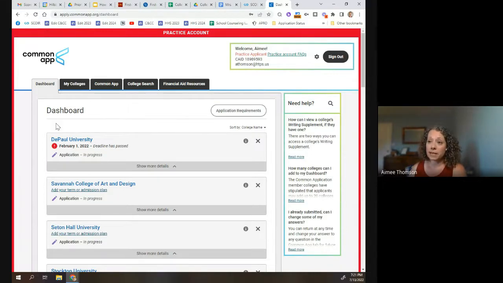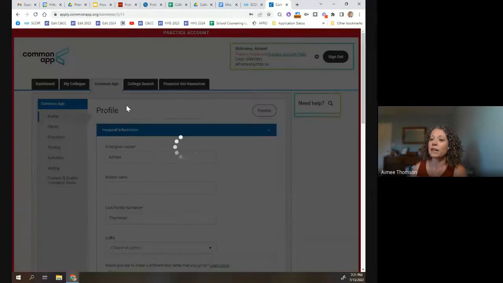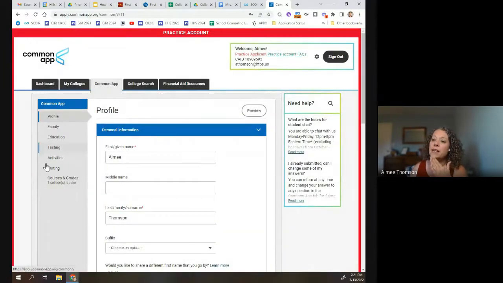So when you guys come in here, you're going to see that this is blank. There's going to be nothing on your dashboard. I would probably just leave it that way until August 1st, because spoiler alert, between the 28th and the 1st, all of this information gets blown away. And so there's no use putting it there when it's all going to disappear anyway and may change. What you can work on is the information that is on this main Common App tab. This is the information that goes to all of the schools that you're applying to using the Common App.